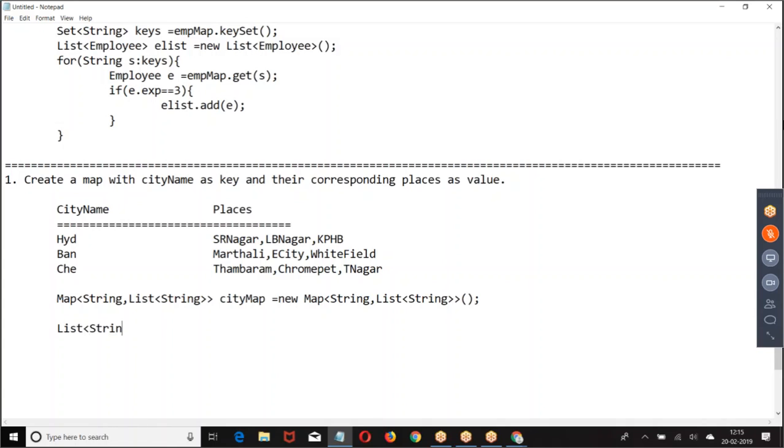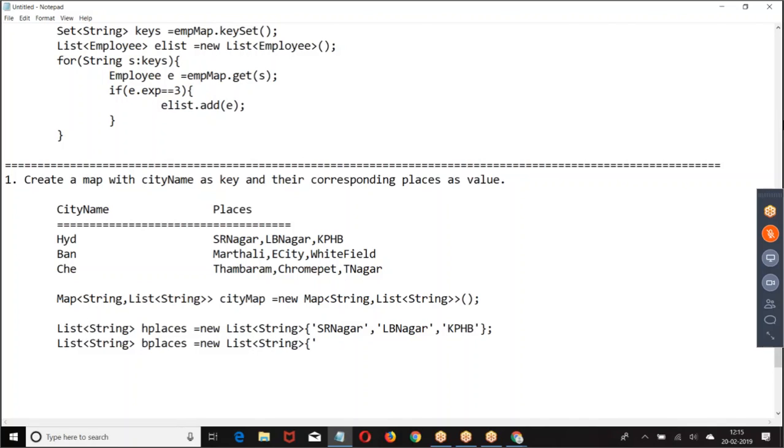Then I have to take... Now, insert the data.